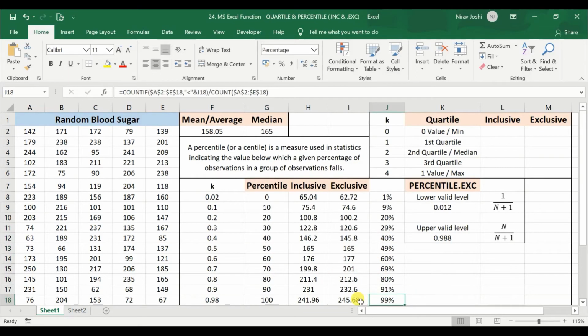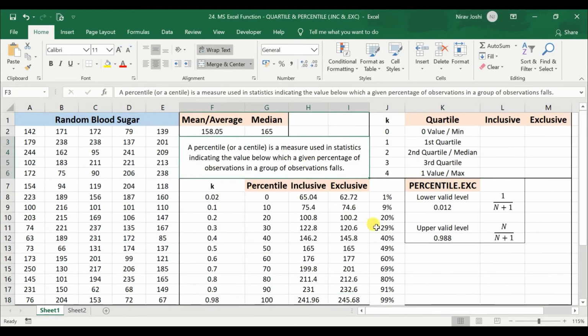During this calculation, you must have observed that if we calculate percentile based on this percentile exclusive, we may never calculate the 0 percentile or 100 percentile. The reason being, by the definition of percentile, it is a cutoff point or a value that divides the whole data range into specific parts. So if it's a 99 percentile, there should be at least 1% of observations above that level and 99% of observations should be below that level.